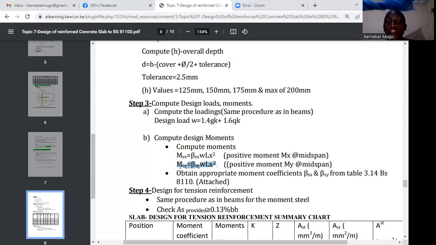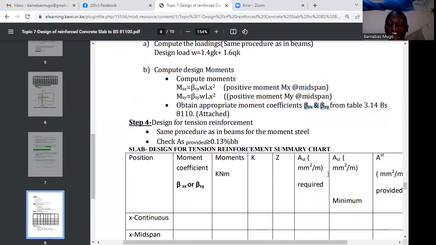Then from there, you need to obtain the appropriate moment coefficients, that is the βsx and βsy, from the table that is attached here, the table according to BS 8110,